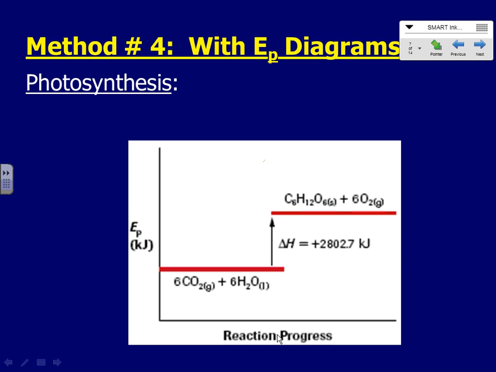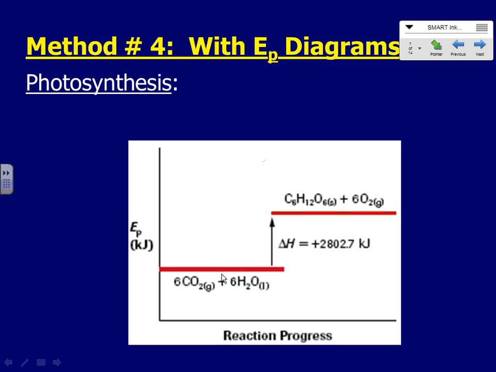We don't really have a time or an x-axis. It's just how the reaction progresses from reactants to products. Here we're not even putting a scale on the potential energy. We just want to represent the fact that we're increasing in enthalpy, it's endothermic, and therefore our energy is going